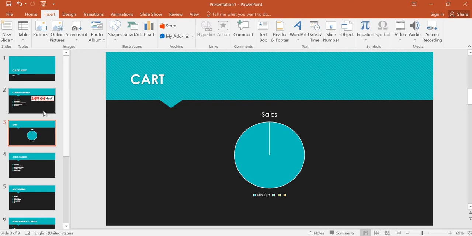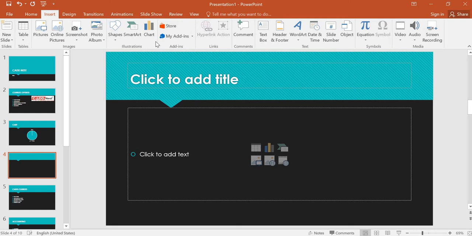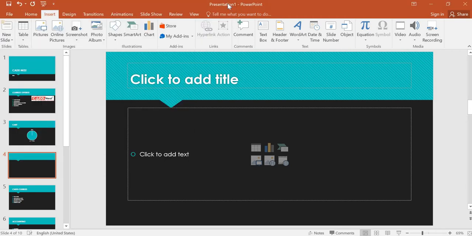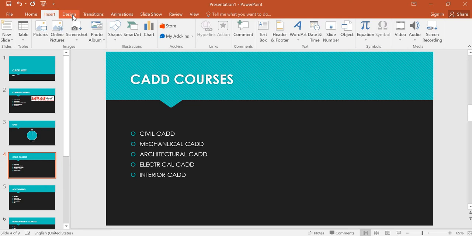Later, if you want to insert any videographs into the slides, you can do that as well. Here, the video option. Video on my PC. I hope I don't have. Okay, we'll ignore. If you have any videos, you'll just insert that directly from here. I'll delete this slide.